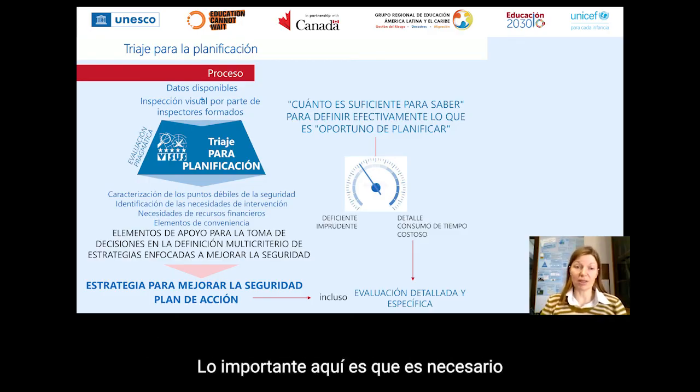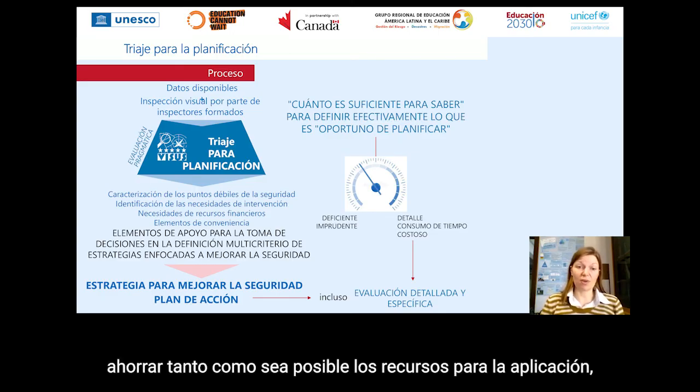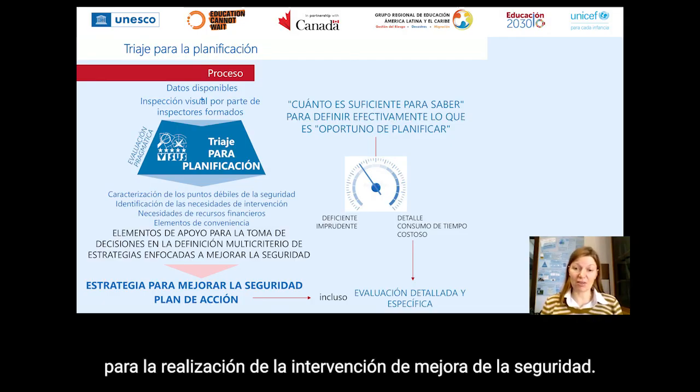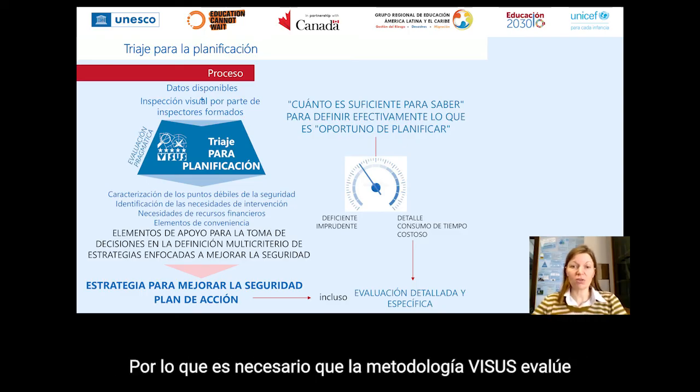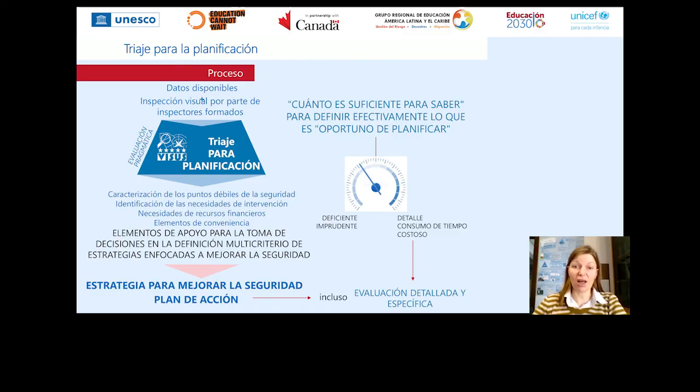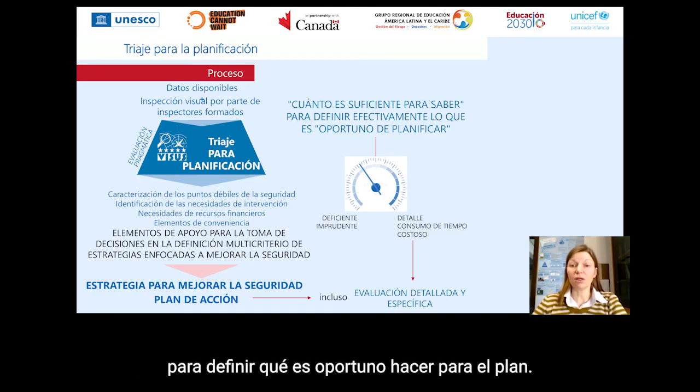The important thing here is that it is necessary to save as many resources as possible for the realization of the safety upgrading intervention. So it is necessary that the Visus methodology assesses how much is enough to know, but not more, in order to define what is opportune to do